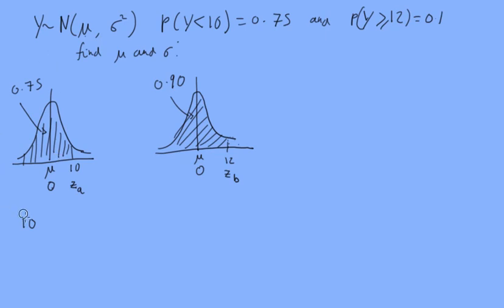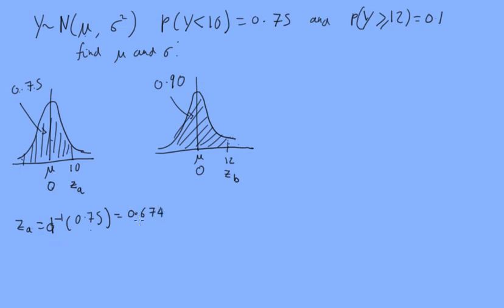So ZA will be the inverse for 0.75. So this probability here is 0.75, and we want to find out what value of ZA here would give us that probability. So you go and do the back engineering on the table, and you find it